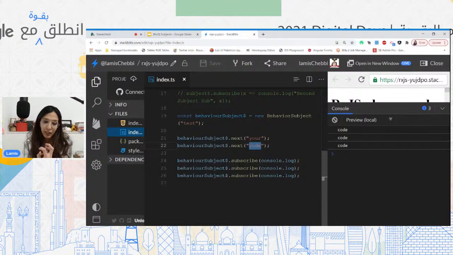It internally manages the state using the behavior subject. And how does this work? If you have some kind of data that you want to share between your components, and you want your components to get notified with the last version of this data every time there is a new value, you want this value to get